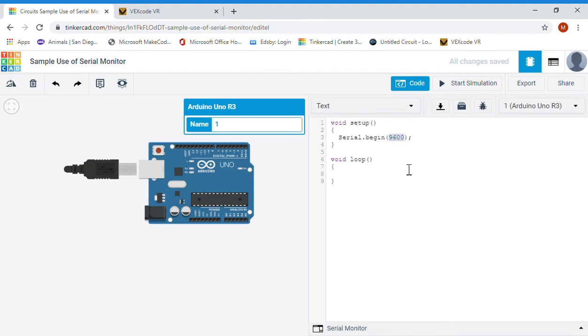This is a baud rate, or a refresh rate, on the actual Arduino. This is an option in the drop-down menu of your actual serial monitor, and so this is the default value or refresh rate that it would use. So we put that in. Whenever I want to print, you can either print ln, which will print it on its separate line,